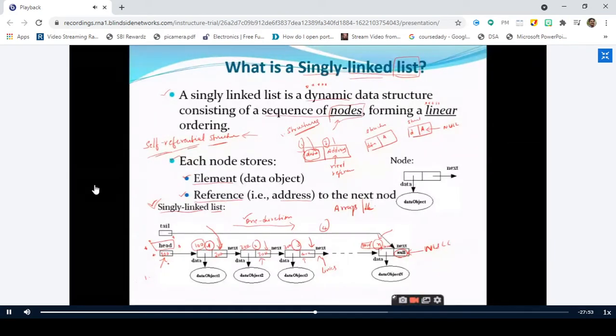For example, if I want to traverse and make a pointer point to the second node, you cannot directly move the head pointer to the second node. What you should do is duplicate this head value and then traverse using the copy. So one important point you should remember is never ever touch the value of the head. That is the importance of head. Why? Because if you change the value of head, you will lose the starting point of the linked list. So never ever touch the value of head. Is it clear?